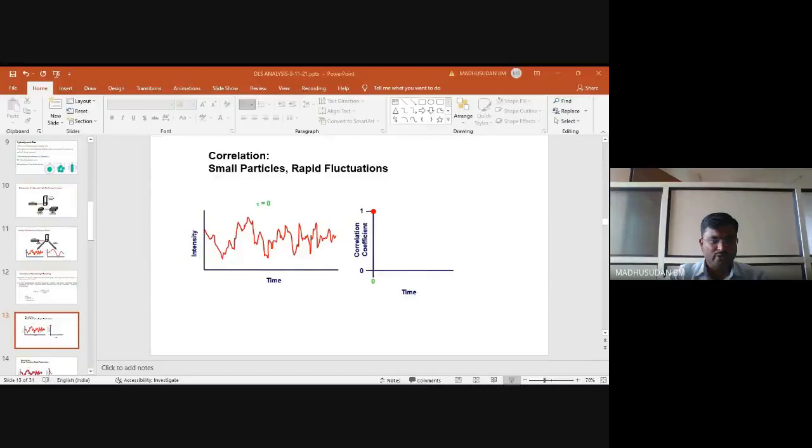So 12.2 is the highest peak, the highest intensity fluctuation with this method, and after that it goes on decreasing. So within the given time duration for this method, we can say the fluctuation of this intensity varies from beginning to end. It goes on increasing up to one particular point and again goes on decreasing.